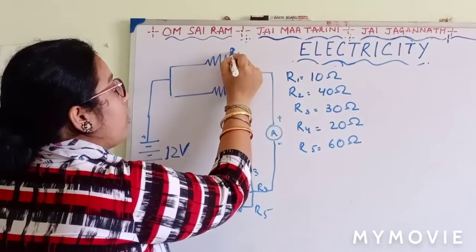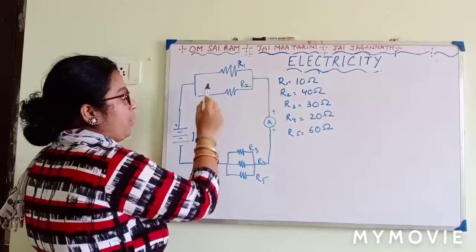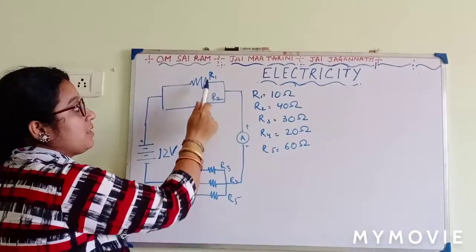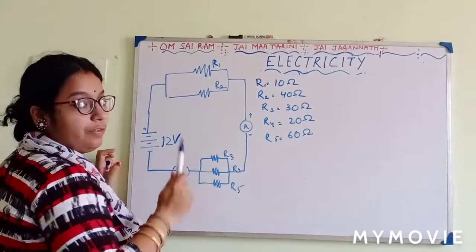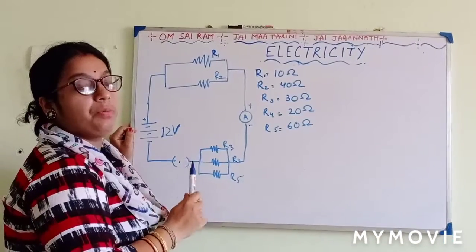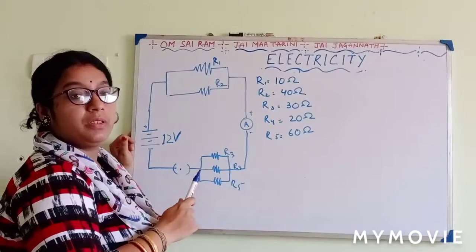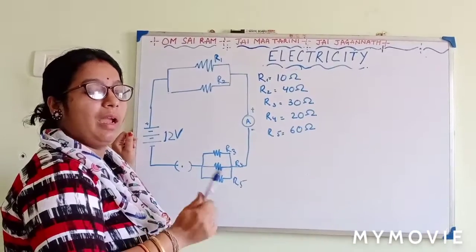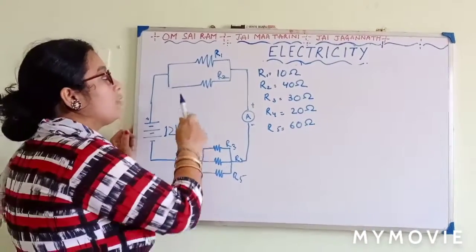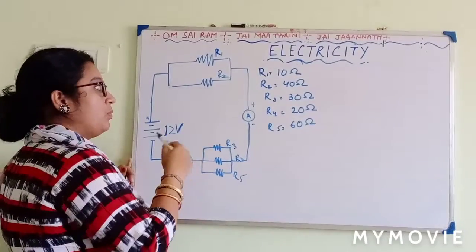Look at this problem. In this, all of you look at the diagram carefully. Now, there are how many resistors? 1, 2, 3, 4, 5 resistors. Now look at the combination, understand the combination. This problem has both series and parallel combination. So how to do this kind of problem?